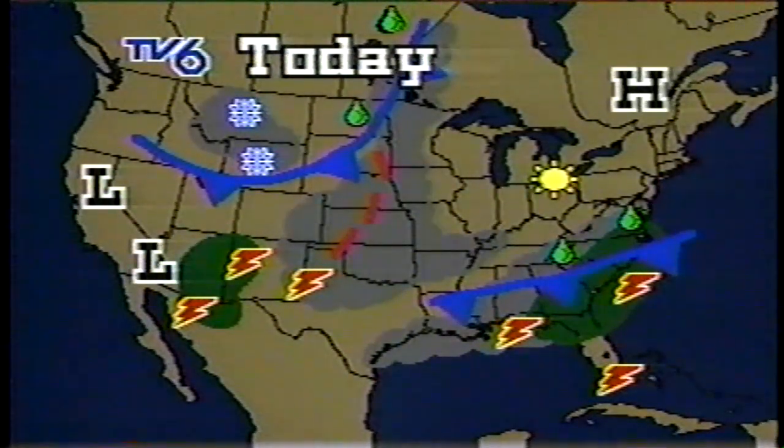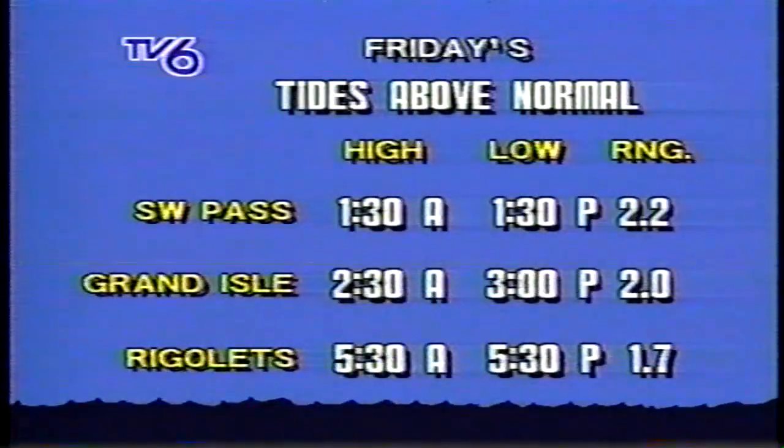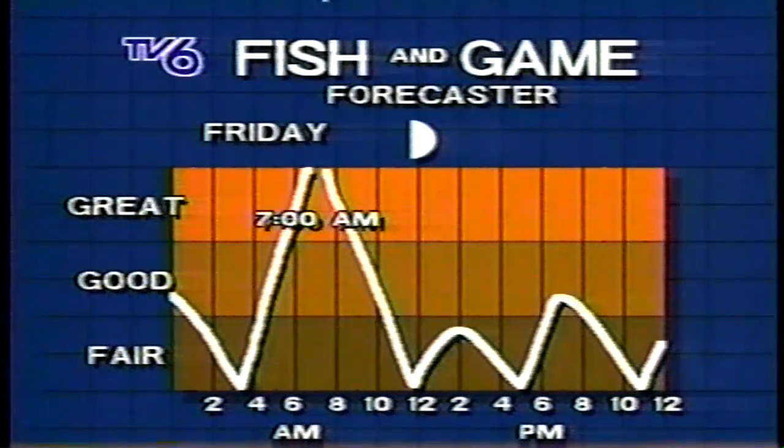And with that upper-level disturbance pushing eastward, that's going to give us a chance of rain for tomorrow afternoon, maybe even through the weekend out along the coastal waters. The winds are basically out of the east, but on Lake Pontchartrain, it's going to be choppy today with winds out of the northeast. The tides are running near normal, the range at about 2 feet. And the Fish and Game forecaster says excellent fishing coming up this morning. Right at about 7 o'clock is when it's the best. And it really goes off the excellent peak, so you may want to go fishing in the early morning hours,